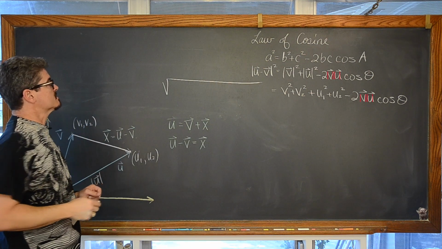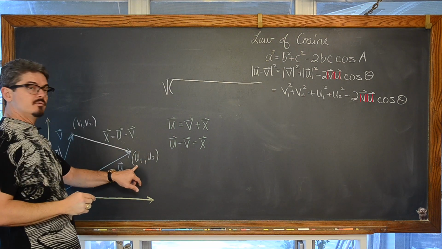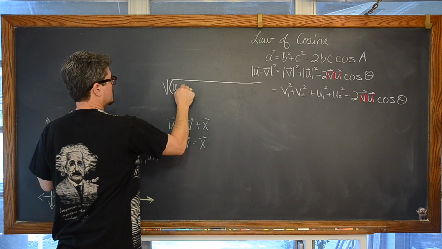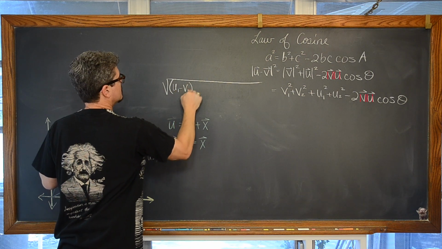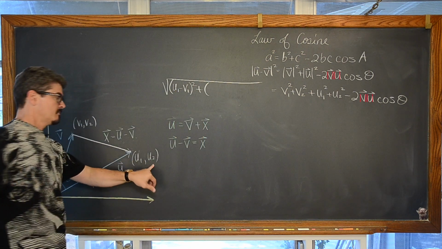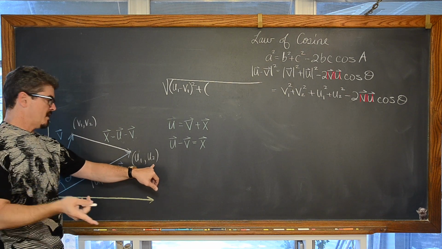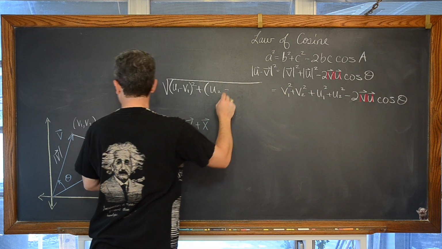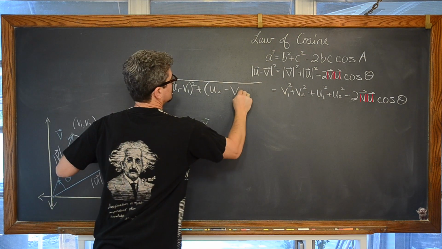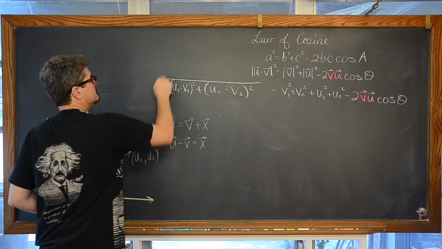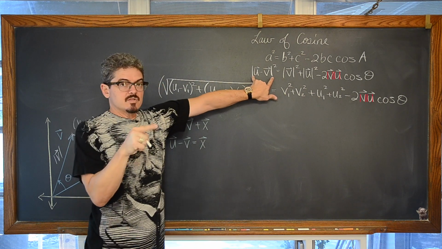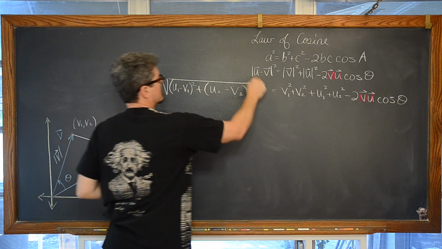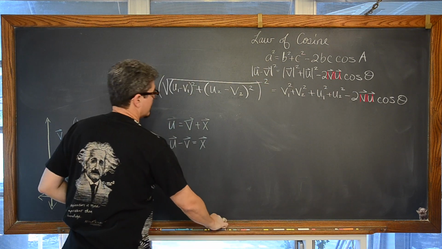the length, of course, is the square root of x sub 2 minus x sub 1 squared, plus y sub 2 minus y sub 1 squared, or u sub 2 minus v sub 2 squared. Now, I just did this part of it. That magnitude is getting squared. So this is all going to get wrapped up in a set of parentheses and squared out.